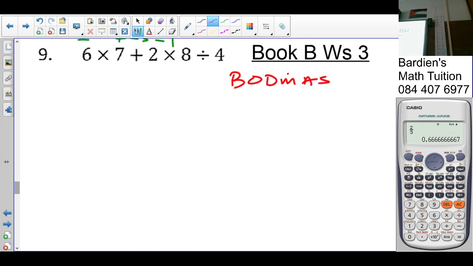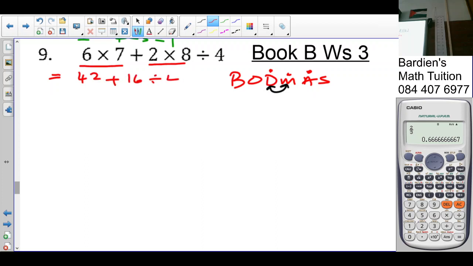Okay, so it's multiplication, division and addition. As you know, we can interchange the division and multiplication. So we're going to do the division first. Okay? No, sorry, multiplication first. So 6 times 7 is 42 plus 8 times 4 is